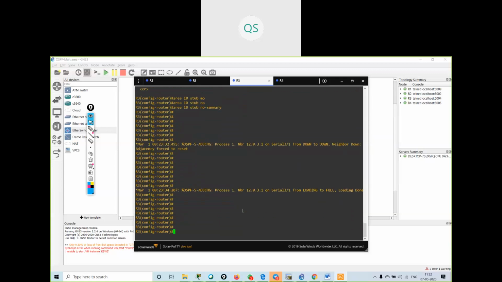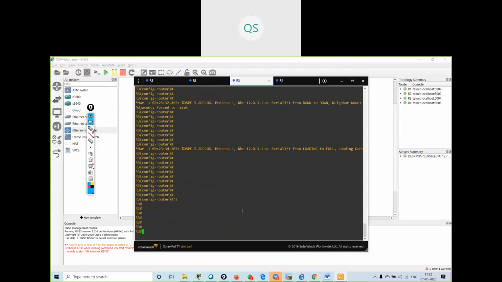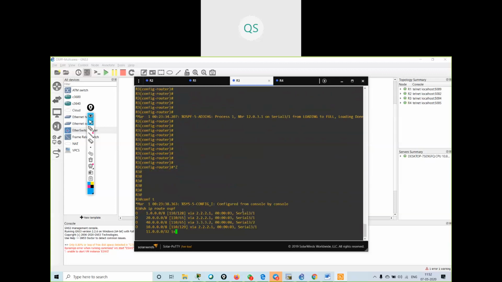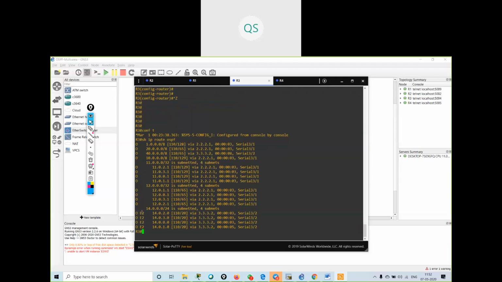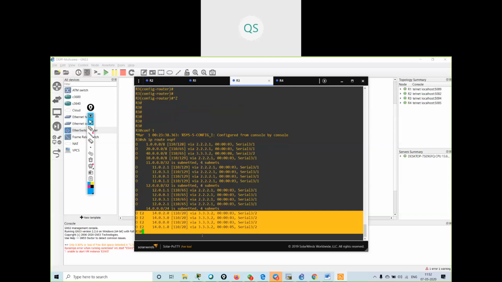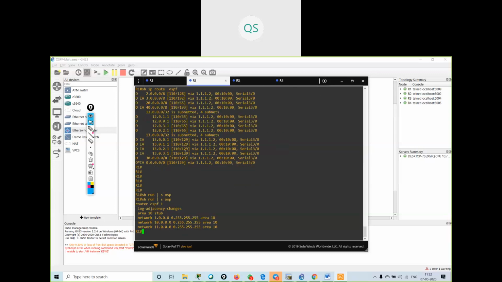Now if I verify show IP route OSPF, see, I'm getting E1 and E2 routes only over here. I'm not getting OIA routes. OIA routes will not be there for this router because this is the ABR router.